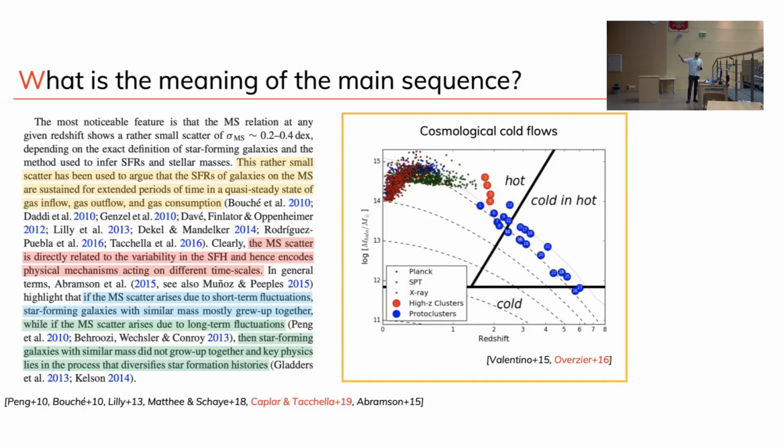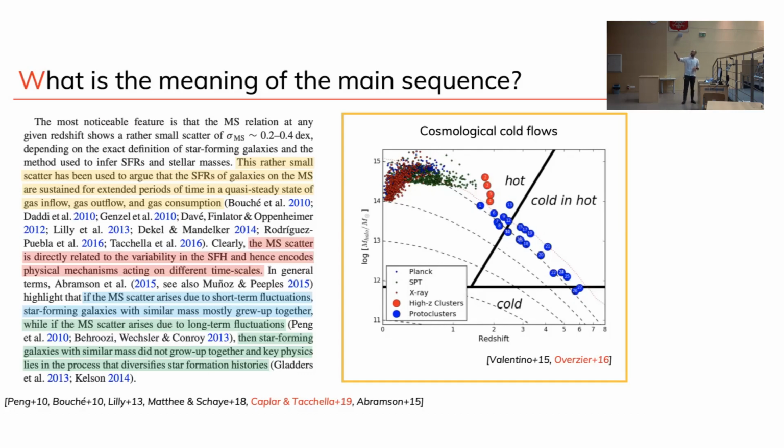And here, this is just an extrapolation. If you take the observed clusters at redshift 0, these are some simulations. These are instead just an extrapolation of how the typical halo grows as a function of time. These blue and red points are observations. These are what you would call protoclusters of galaxies, meaning it's stuff that will end up being a cluster at redshift 0, but at higher redshift, of course, might be below the typical threshold which is applied to a cluster. And you see that this might be a perfect location to look for these cosmological cold flows because they're very massive. The dark matter accretion scales as a function of the halo mass: the higher the halo mass, the more you accrete.